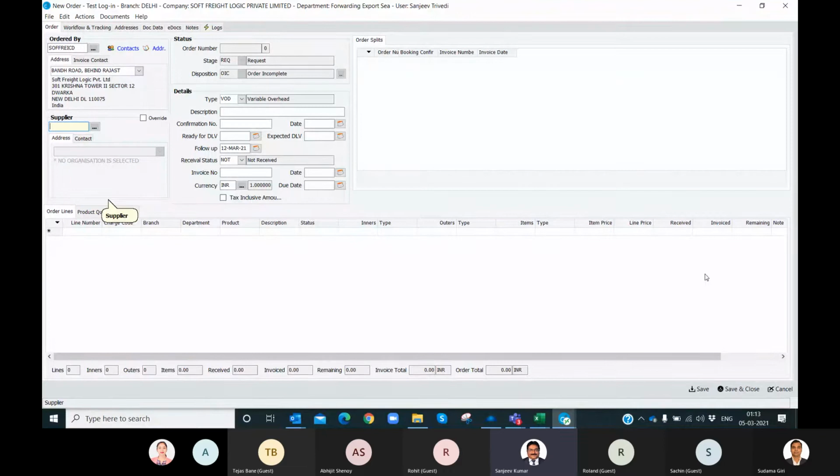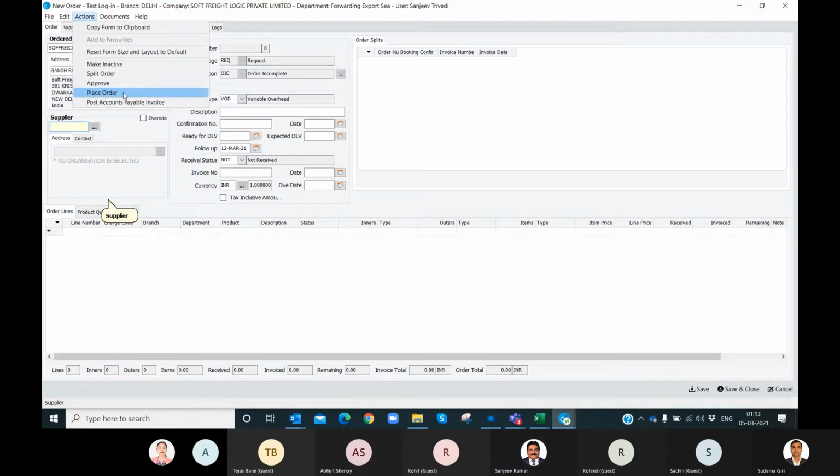So if any purchase order entry has to be done here, and it is above 5 lakh amount, then the system will not allow you to pass that entry. If you go to actions here for posting, placing order, it will not allow, it will ask you to approve first. And for approving, if those executives are there in that bracket, those executives can only approve these purchase orders, and then you can place order.